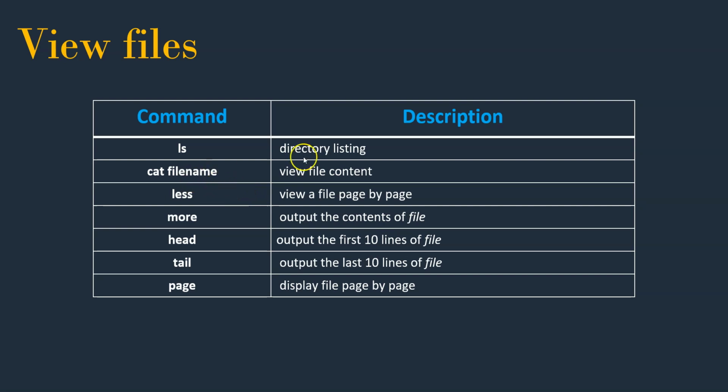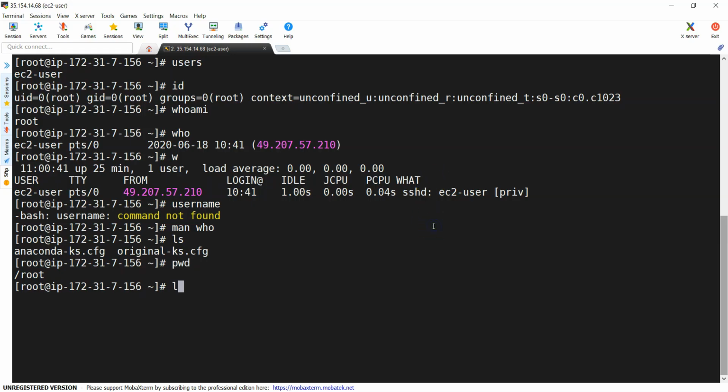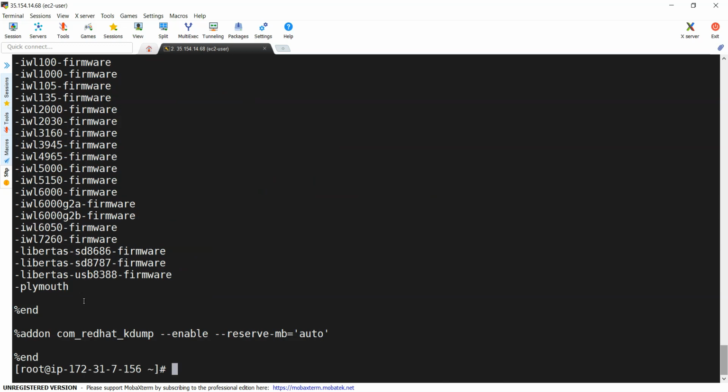Next, cat file name. Usually to view a file we can use the cat command. Here we have two files, right? anaconda-ks.cfg and original-ks.cfg. I'm just trying to open one, ignore whatever content it has. cat followed by the file name. If you give this, it is going to display the file, but it is a very big file, so we are at the last page of our file.